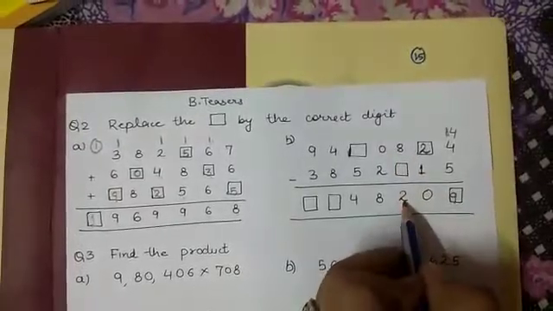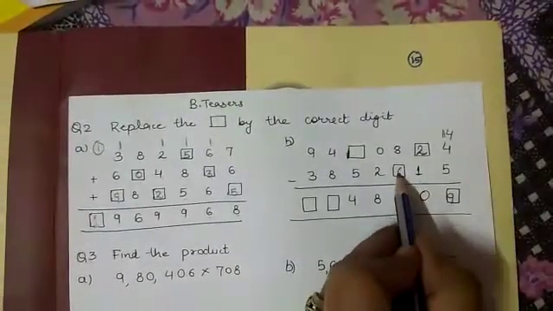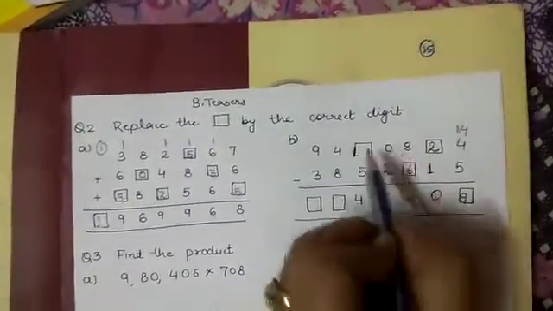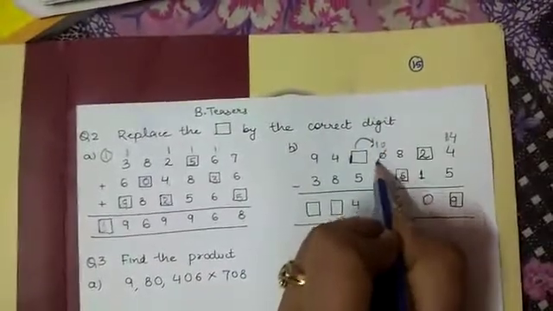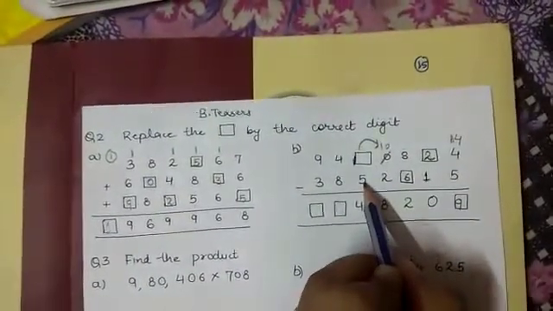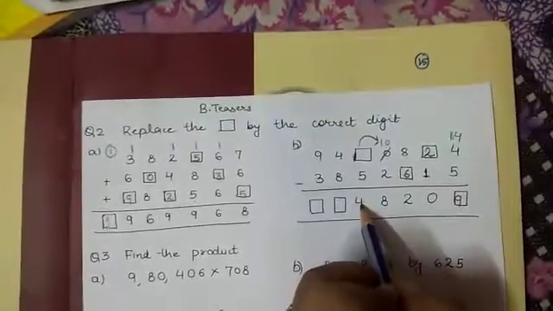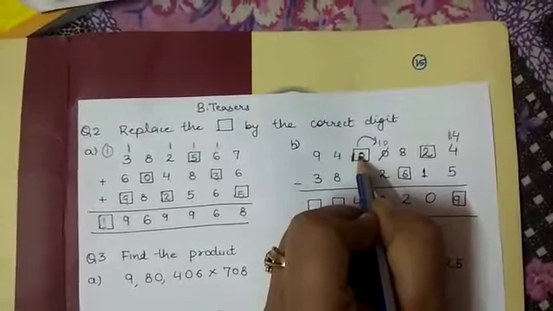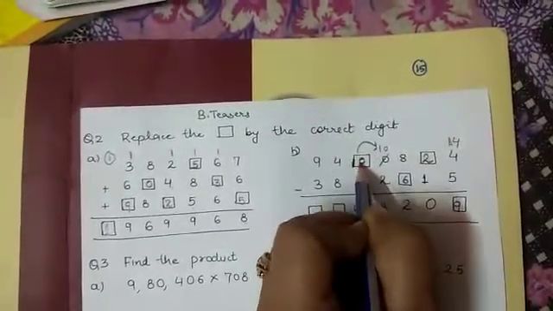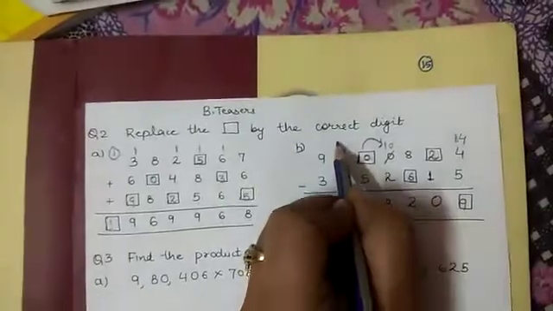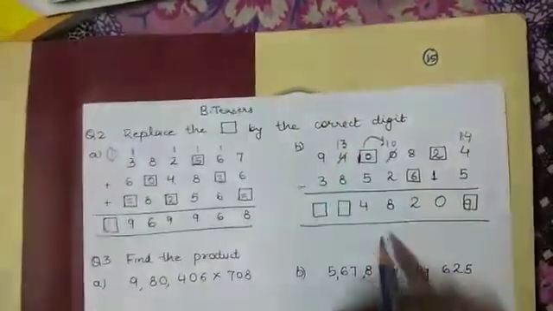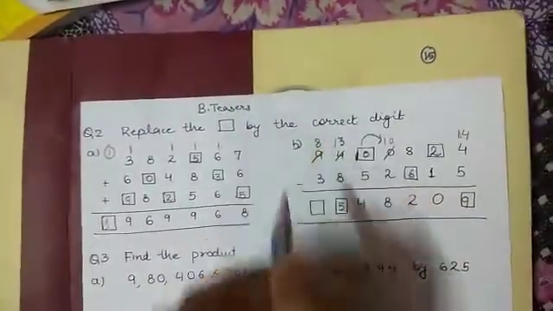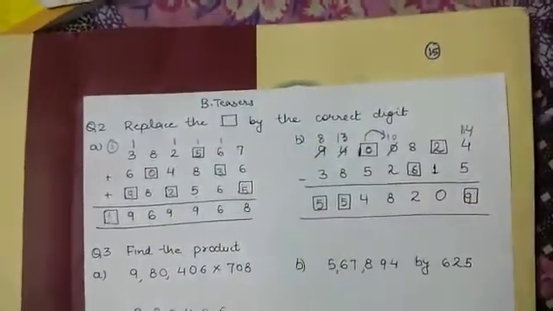Now 8 minus dash becomes 2. It should be 6. Now 10 minus 2, 8. 10 became from this number. It means if here is 5, 9 minus 5 should be 4. But from here some borrow has been taken. So it must be 10, that is 0. From here it has taken the borrow. Right? Now it became 13. So 13 minus 8, it should be 5. Now it became 8. 8 minus 3, 5.